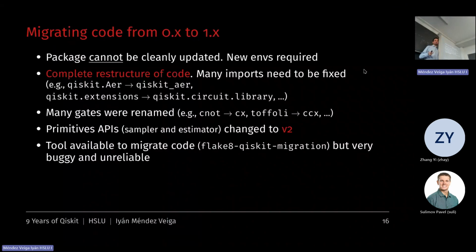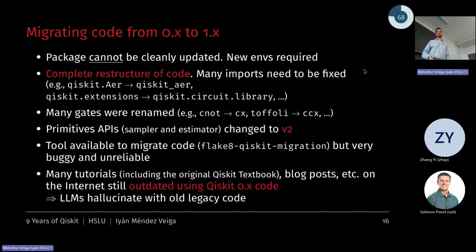There was a tool available, Flake8 Qiskit migration, but honestly, I tried it once and it was very buggy and unreliable. So as I said, it was faster, if you know what you want to do, to read the new API from scratch than trying to migrate the code. And this is a problem for the people that like to use AI, because the language models hallucinate with old code.